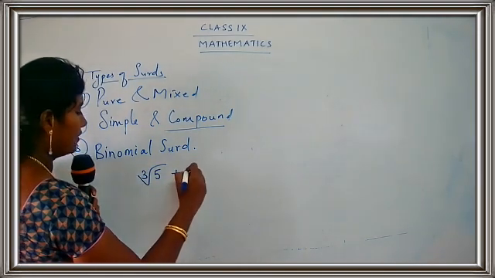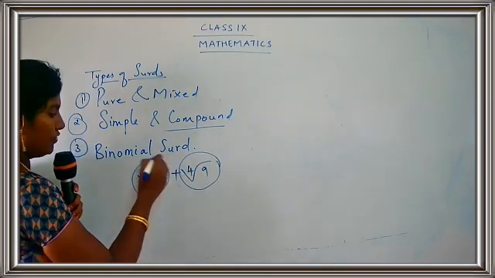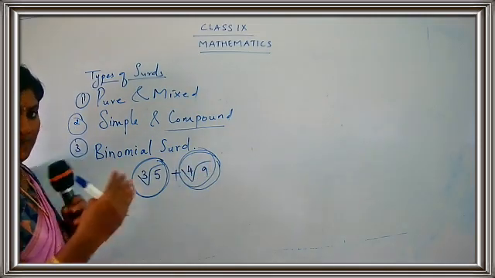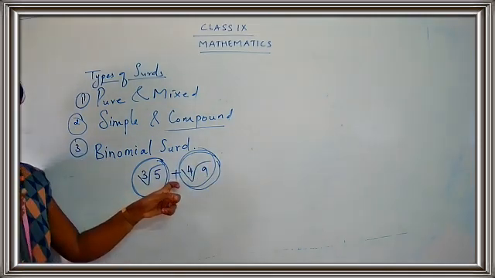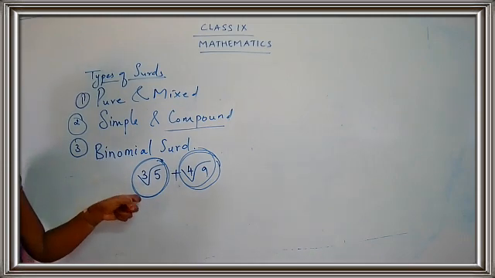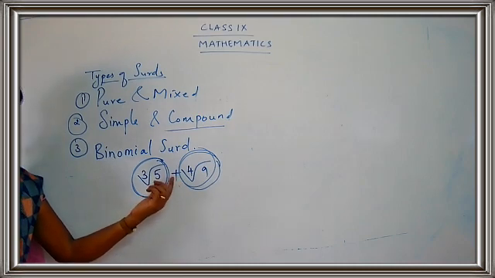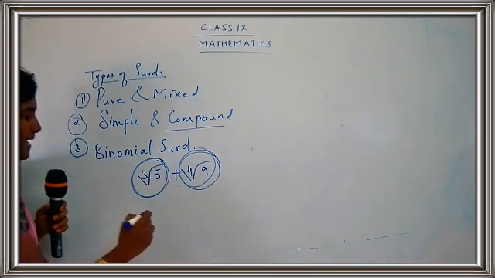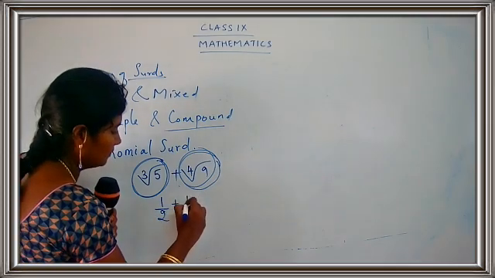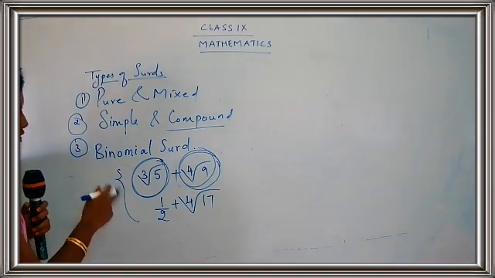So cube root of 5 plus fourth root of 9. Here you have a surd, you have a surd. So we are taking an algebraic operation of two surds, and it may be a sum or it may be a difference. That's not a matter. So cube root of 5 plus fourth root of 9 is called a binomial surd. This is a combination of two surds along with an addition symbol. What is the algebraic operation used here? It is plus. Or you may have a rational number along with a surd.